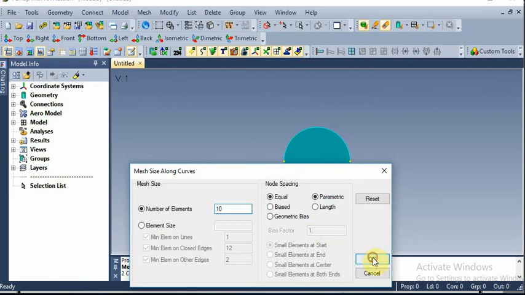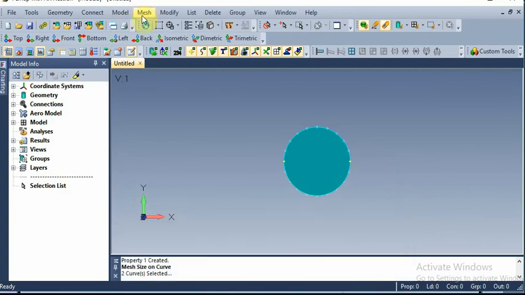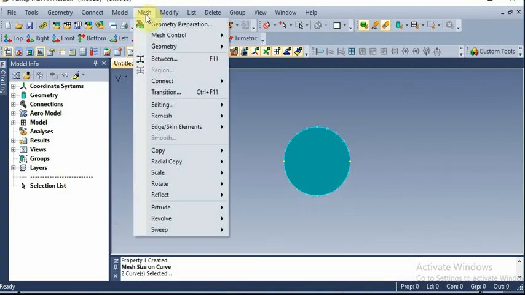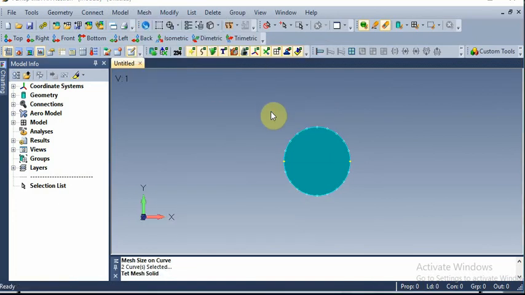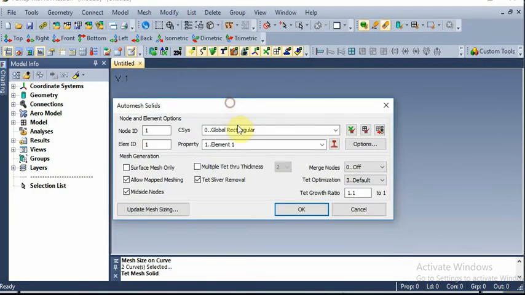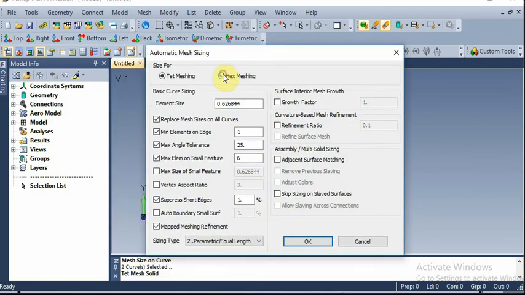Give OK. Give cancel. Once again go to mesh, geometry, solids. Now we have to check all the given parameters are right here. Yeah, fine. Now give this update mesh sizing, give hexa meshing, give OK.